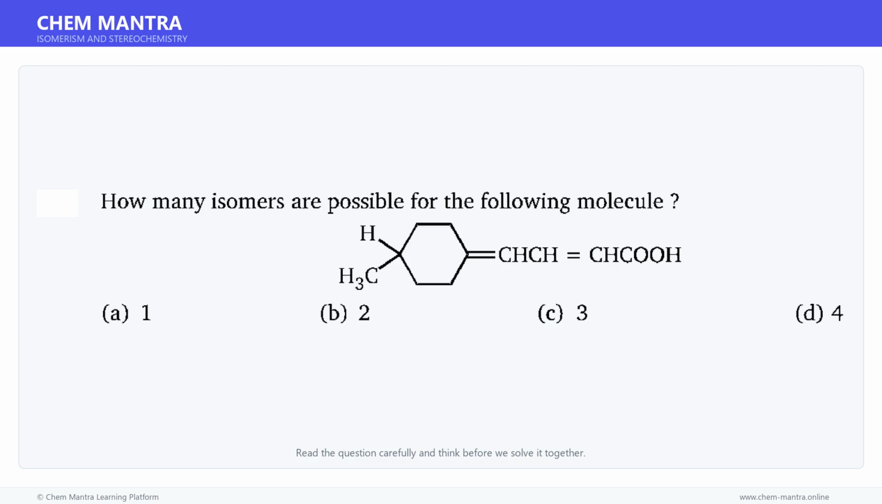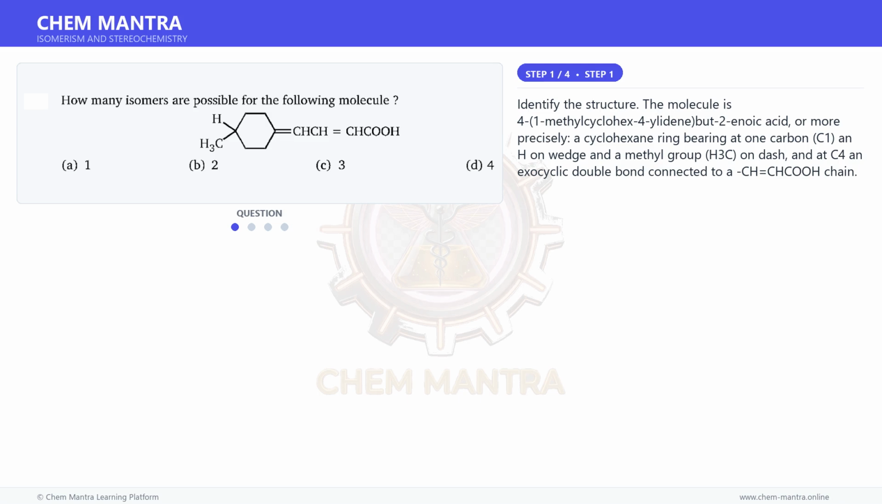Here is a question. Read it carefully and think about the answer. Let us solve it step by step. Let us begin solving this step by step. Identify the structure. The molecule is